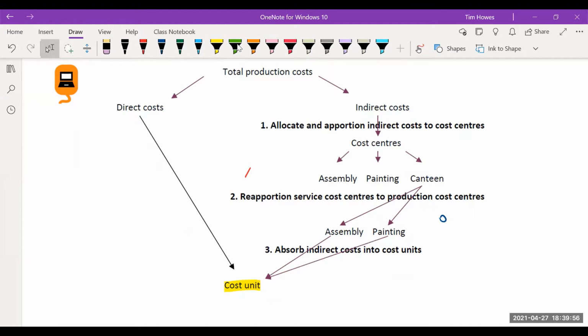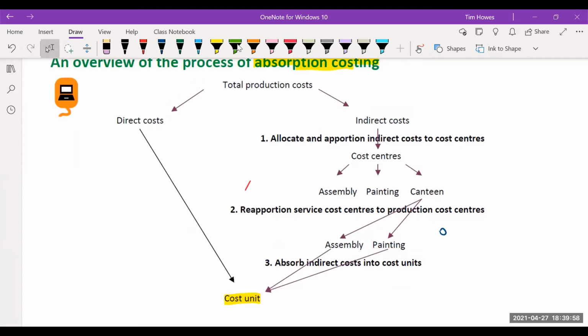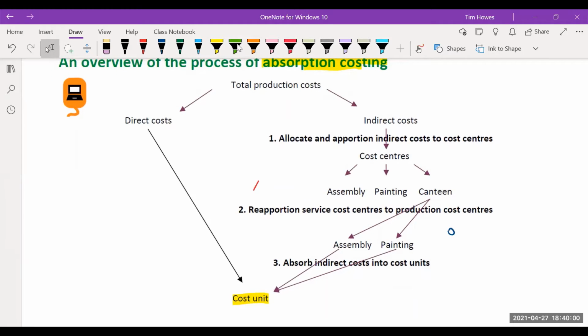There's various reasons why we might want to know how much it costs, but I'm not going to dwell on that at this point. We want to know how much something costs us. Great. And we manufacture it, let's say, to start with. So we can break the cost of producing something down into two distinct types of cost. We refer to direct and indirect costs.